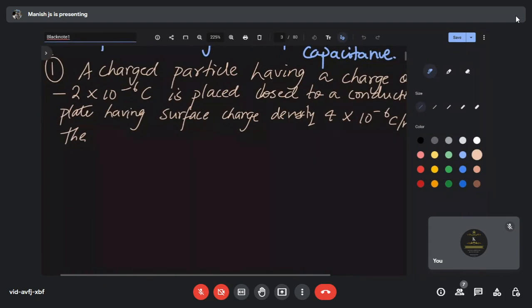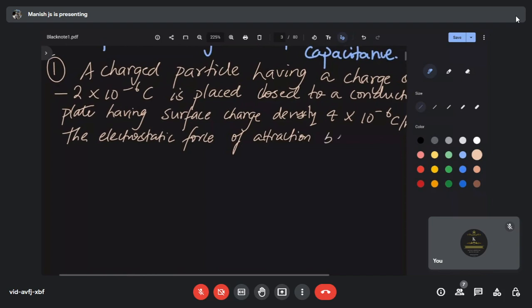The electrostatic force of attraction between the particle and the plate is